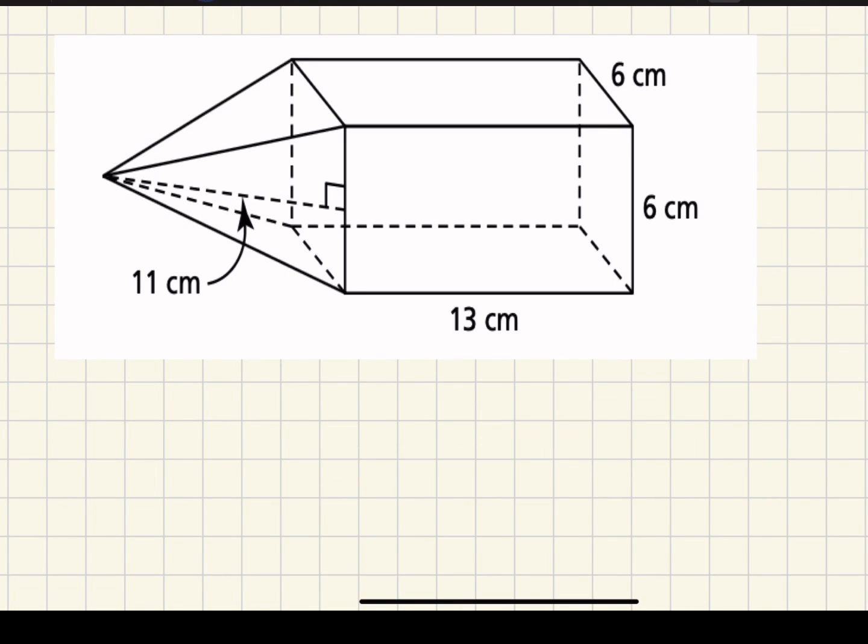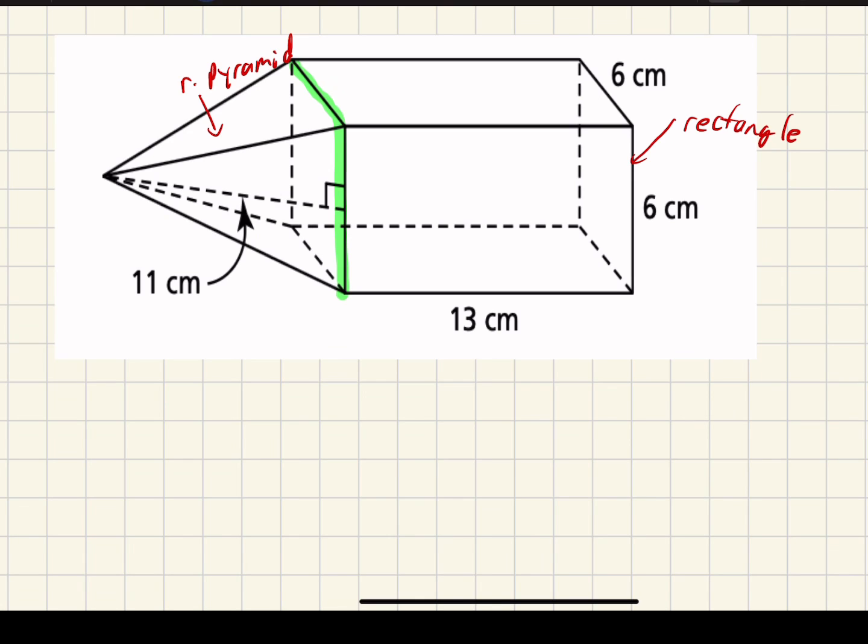Now let's say we're asked to find the volume of a composite shape just like this, which is a combination of a right pyramid or right triangle pyramid and a rectangle over here. So when it comes to volume, there isn't an official covering or a block or an overlap like there would be for a surface area,